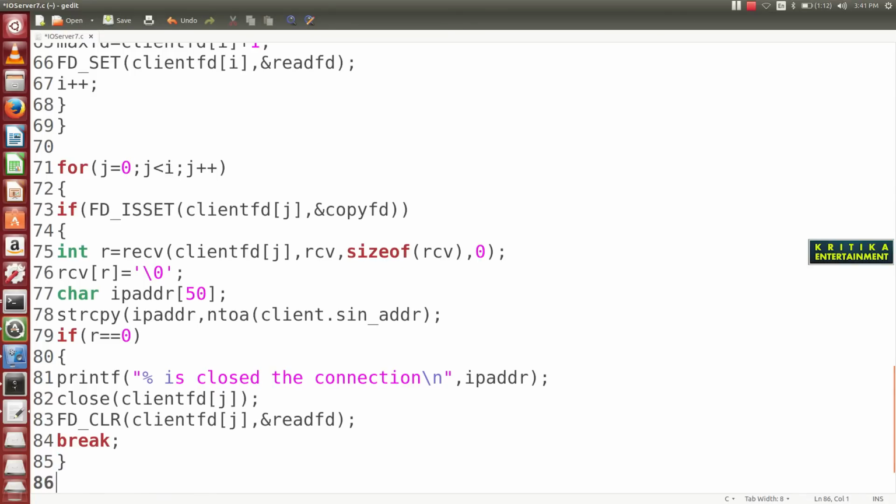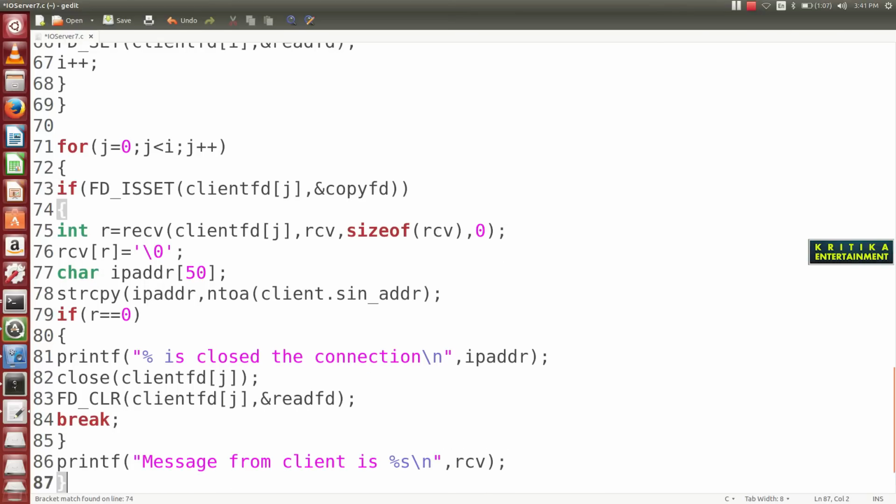Otherwise, if it is not 0, that means they will continue their communication. So here write printf, message from client is %s \n, RCV, then close the bracket.